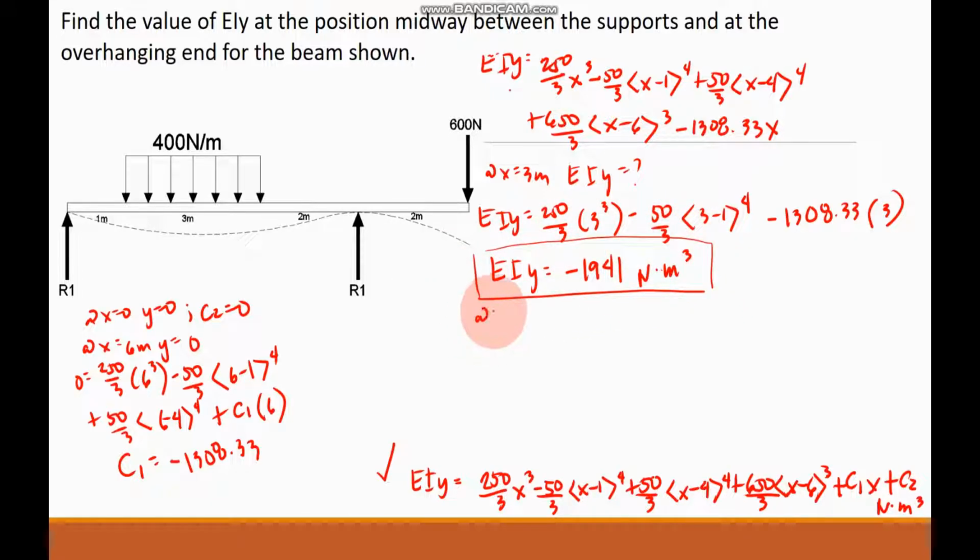Next, at x is equal to 8 meters because it is asking at the overhanging end. So at x is equal to 8 meters, what will be the value of EIy? So same, substitute na lang 8 dito. So we have 250 all over 3 (8) raised to 3 minus 50 all over 3 (8 minus 1)